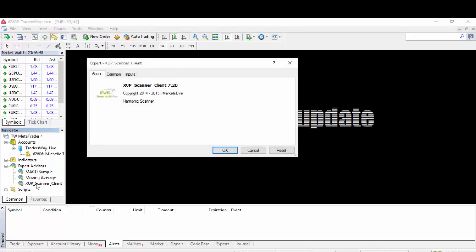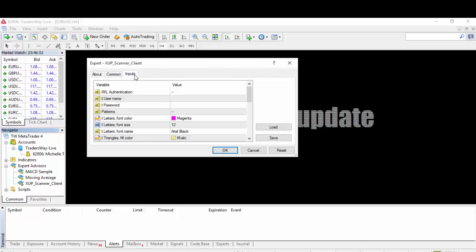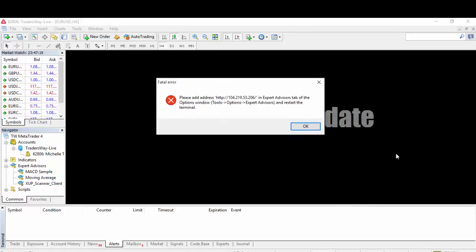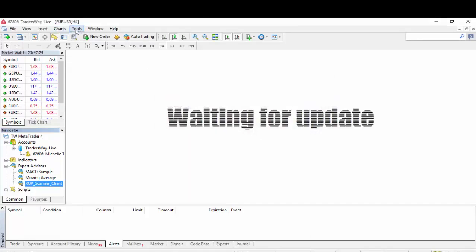Just double click the XUP. You will get another window like this. Go directly to inputs, and this is where you have to put your username and password with iMarkets Live. After putting your username and password, you will get this pop-up message. You don't have to worry about this, although it says fatal error. Just click OK, go to tools,